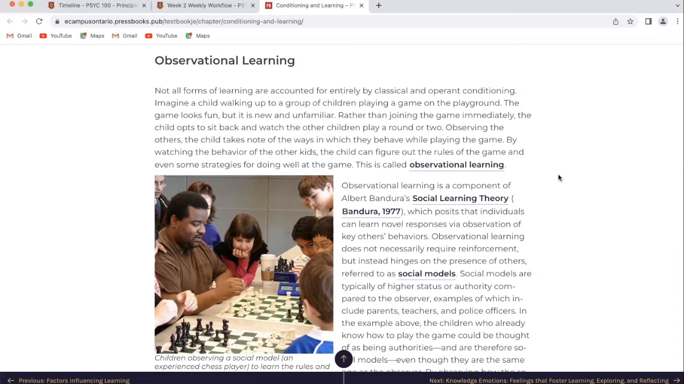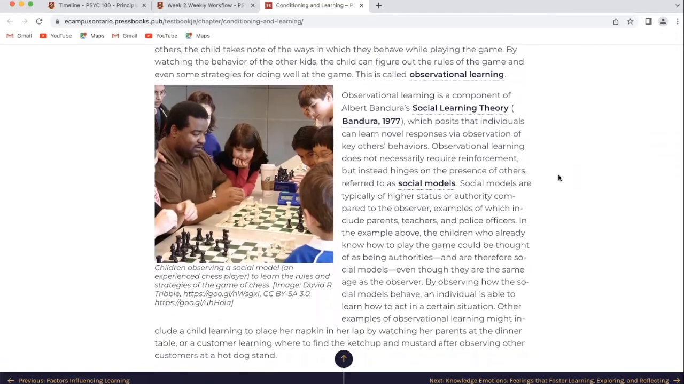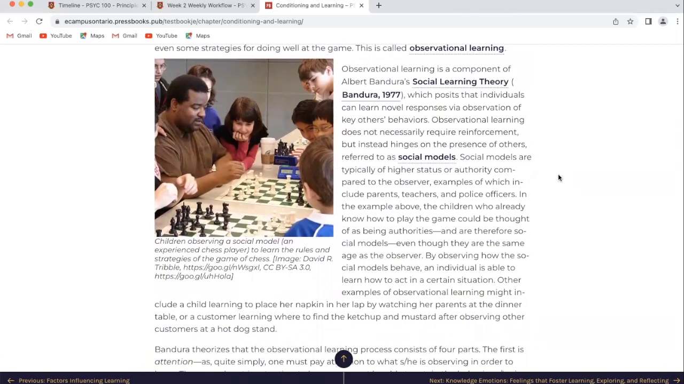By watching the behavior of the other kids, the child can figure out the rules of the game and even some strategies for doing well at the game. This is called observational learning. Observational learning is a component of the social learning theory, which posits that individuals can learn novel responses via observation of key others' behaviors. Observational learning does not necessarily require reinforcement, but instead hinges on the presence of others, referred